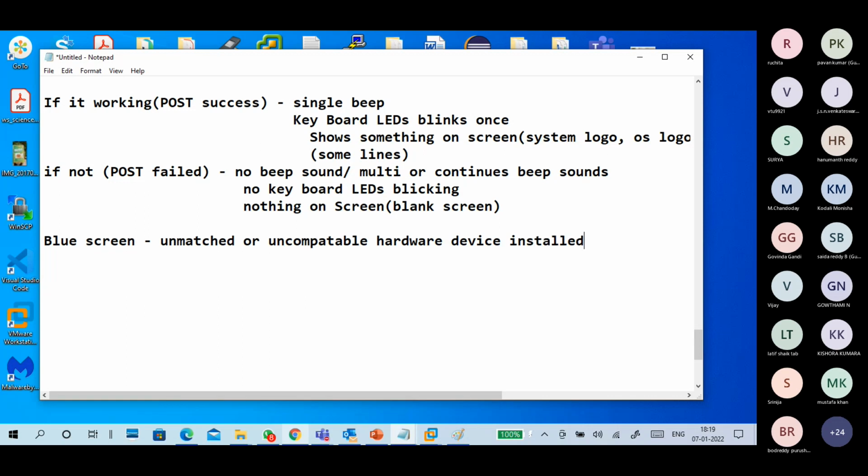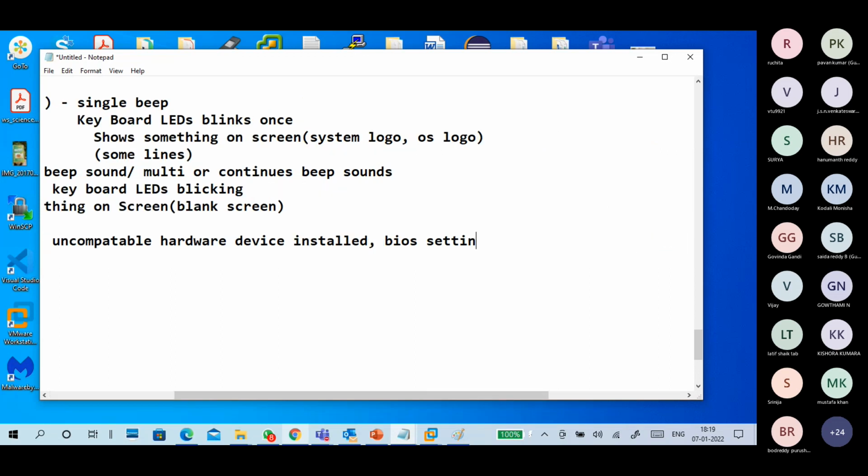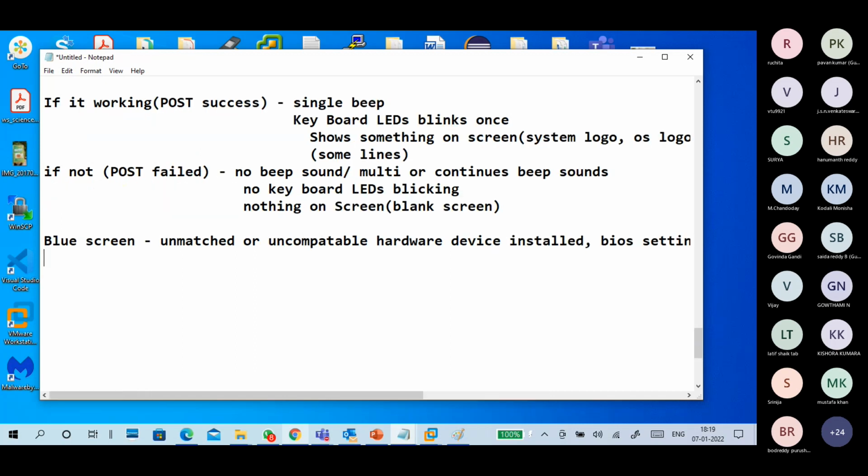Installed, or a BIOS setting change. Applications installed.